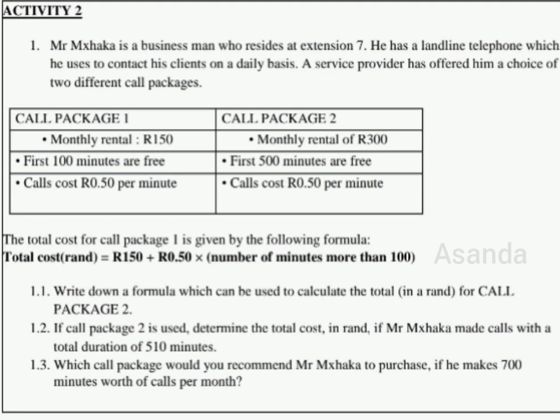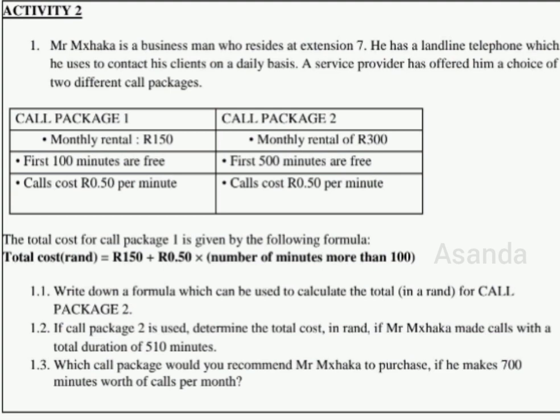Right. So for call package 1, they've given us a formula. So let's look at the formula. It says total cost in rand is equal to 150 rand. That makes sense that the 150 rand is there because it is a fixed expense, and we always put the fixed expense there at the beginning. And then we say on top of the fixed expense, what else are you going to pay? And then it says plus, right? And in addition to. Then it says 50 cents multiplied by, you see there in brackets, it says number of